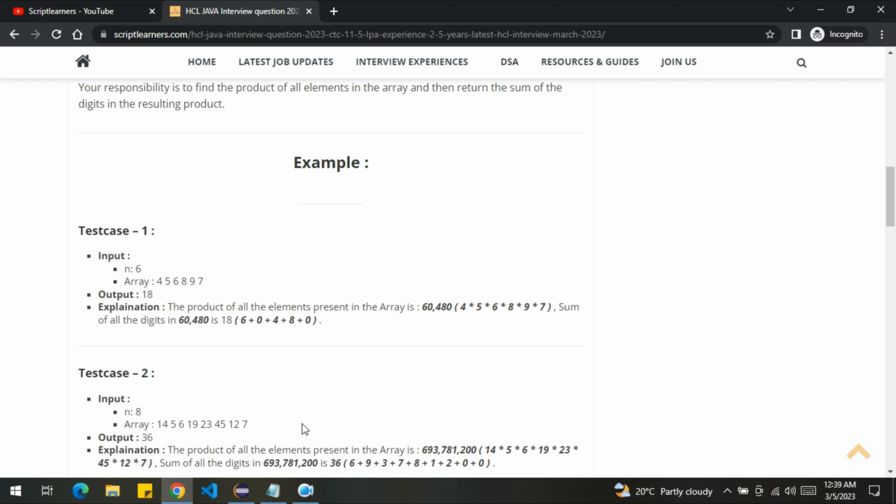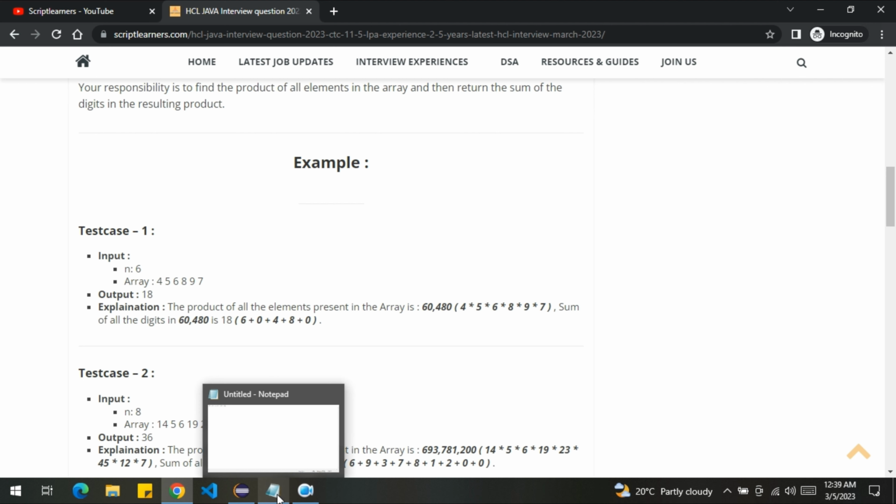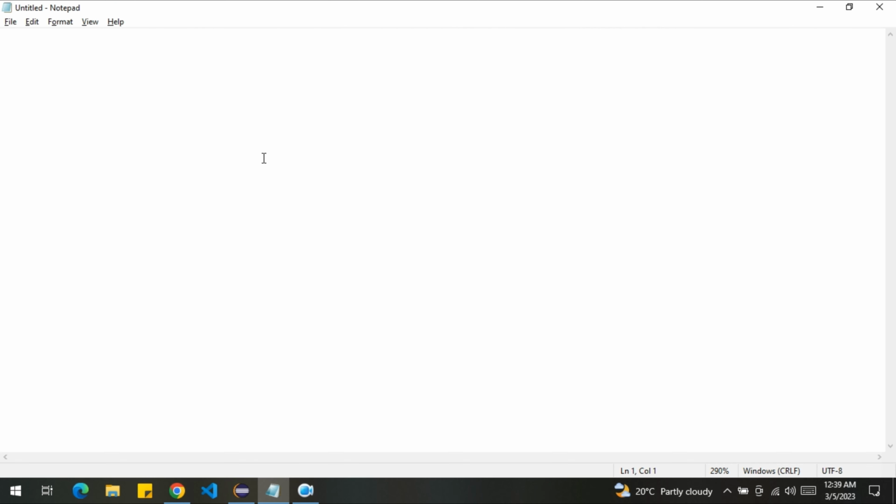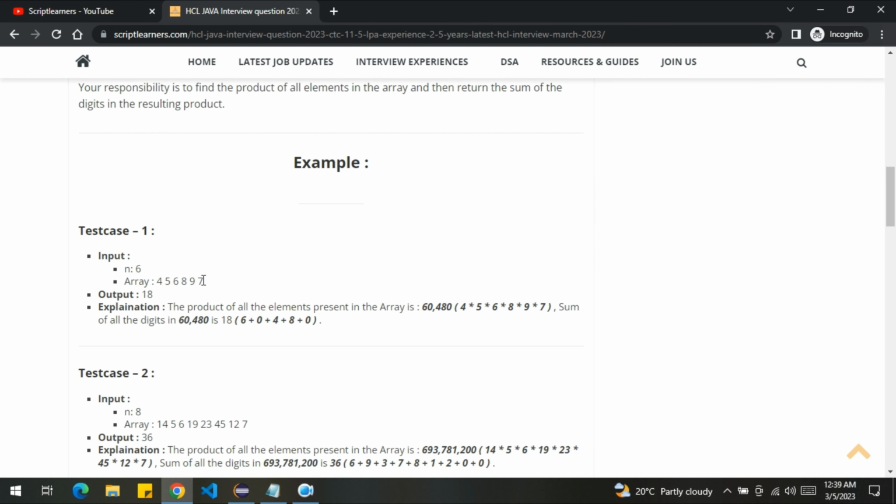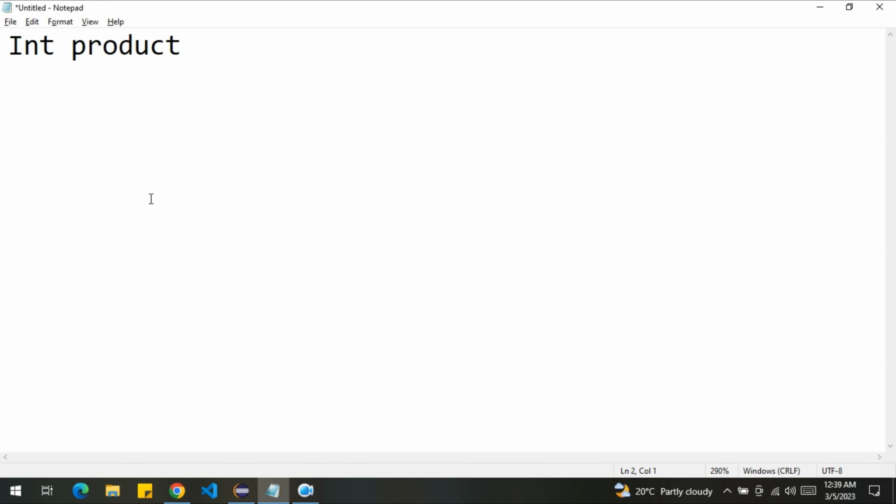Now let's discuss the implementation part. How are we going to solve this problem? So first what we will do, we will simply create a variable, let's say int product. Then we can simply calculate the product of all the numbers present in the array. We can simply do that by creating a for loop, and simply updating our variable